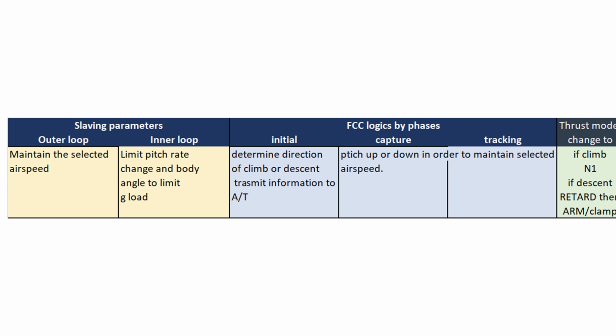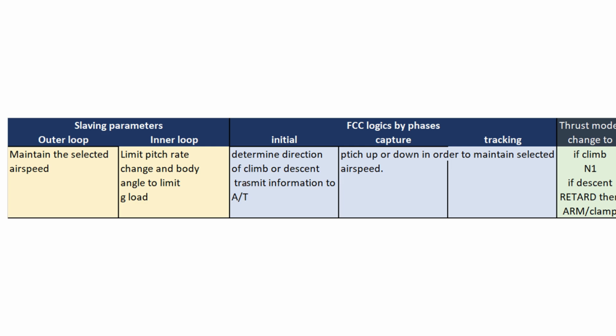So if it turns out that the thrust is going idle or is being reduced, to maintain the speed you have to descend. And if it turns out that the speed is increasing, well, because the thrust is being increased, to maintain the speed you have to climb. But what is important in this case is the output to the thrust mode. The thrust mode must be in constant thrust, and this must be a retard and therefore idle thrust if the selected altitude is lower, so as to produce a descent, and it must be the full climb or the N1 full climb thrust for the climb, so that with the engine producing the maximum thrust, I will need to pitch up in order to have